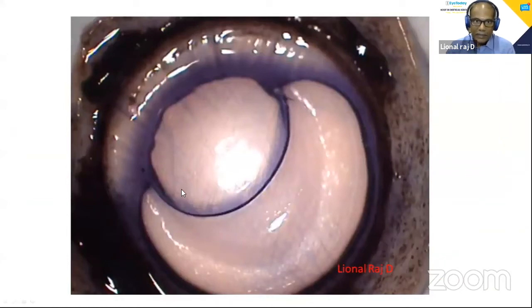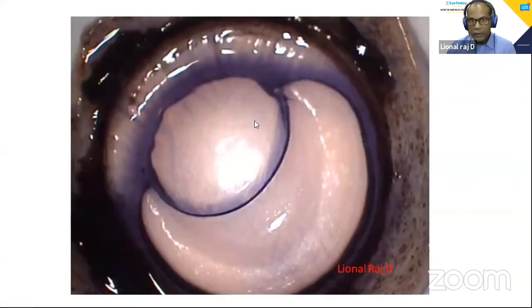This is a classical type 1 bubble. This bubble generally extends to the far periphery of the cornea. This is a type 2 bubble. And in this particular case, I had both type 1 and type 2 large bubbles. Generally, type 2 bubbles are not so large. And in this case, what I could do is I went into the pre-Descemet space and made a puncture here to make it into one single chamber and tried to do a graft.